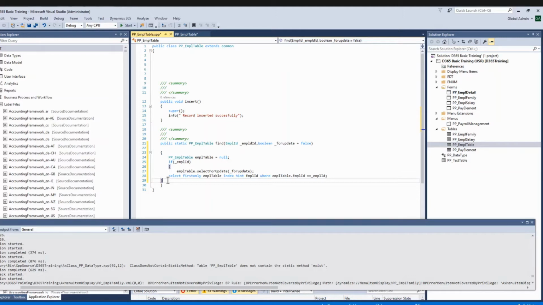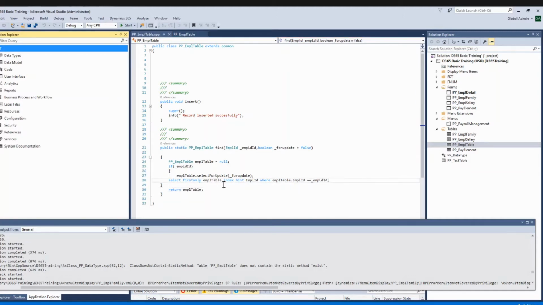So what will I return? I will return a table object. So like this, you have to define your find method.